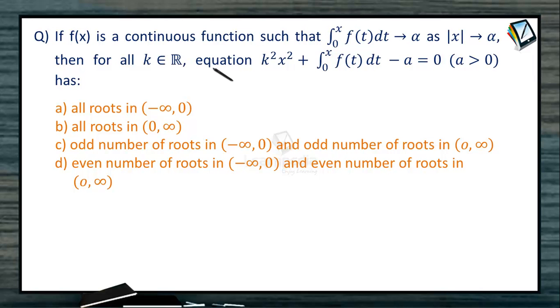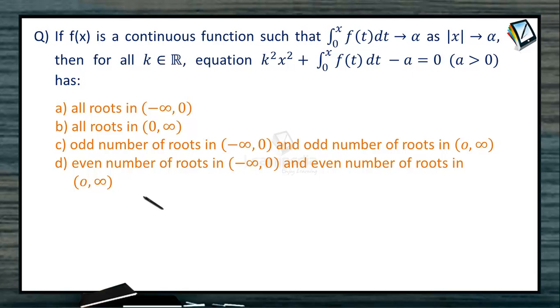Now, quite a simple problem on the derivative of an integral. A continuous function f(x) is such that the integral from 0 to x of f(t) dt becomes infinity as x tends to infinity. Then for all real constant values k, the equation k²x² + integral from 0 to x of f(t) dt − a = 0,